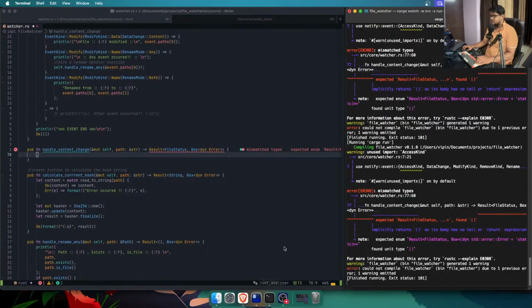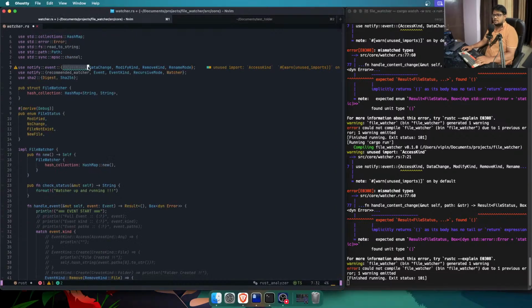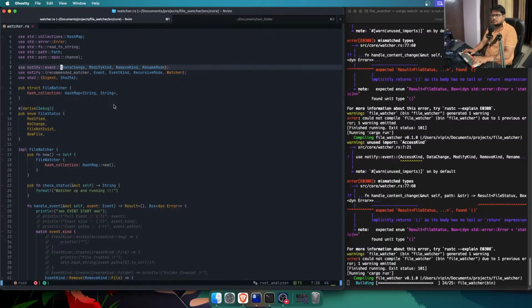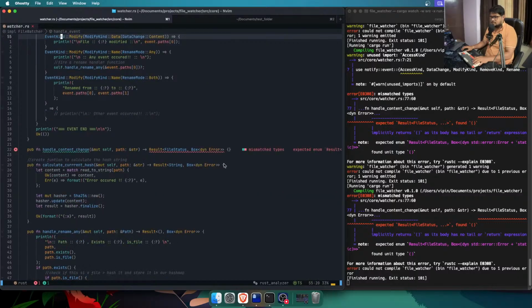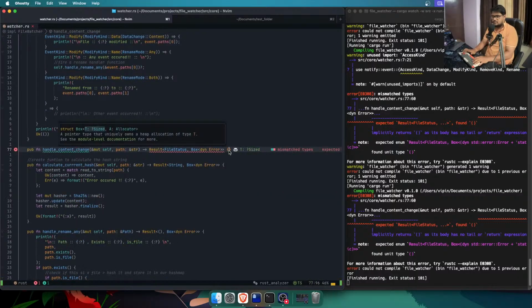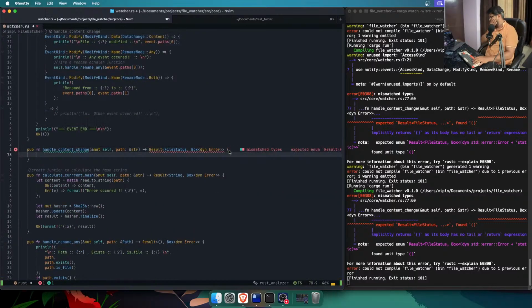Right, let's do it. It says access kind. Are we using it? No. Remove this thing. Let's make this thing. All right, we have everything over here. Expected result, okay, that is fine. We need our implementation. So what can we do? We will check whether